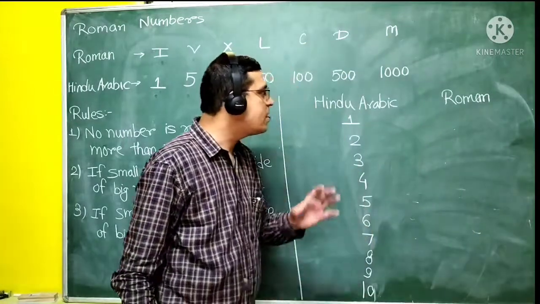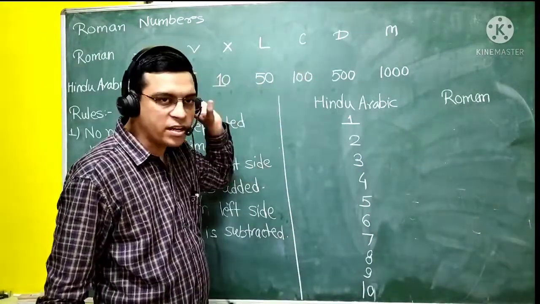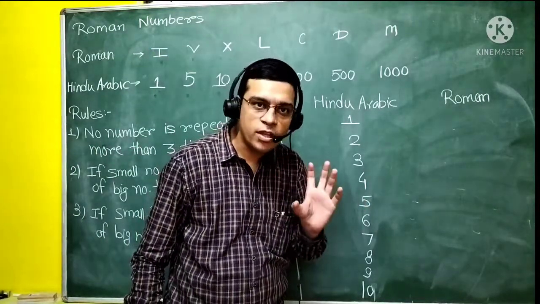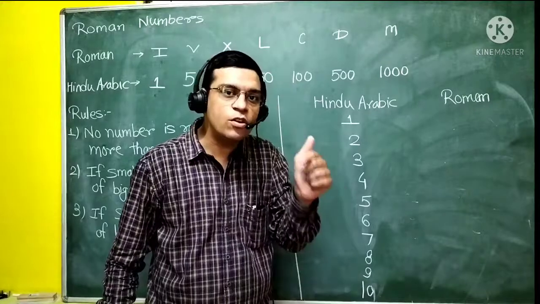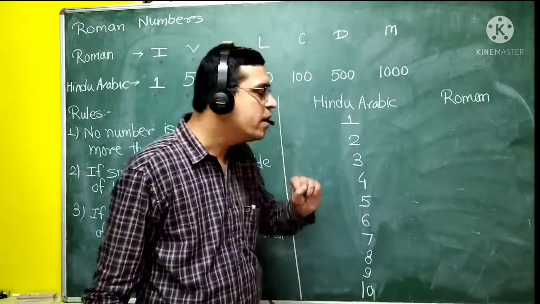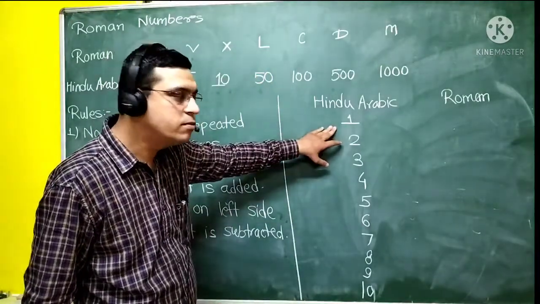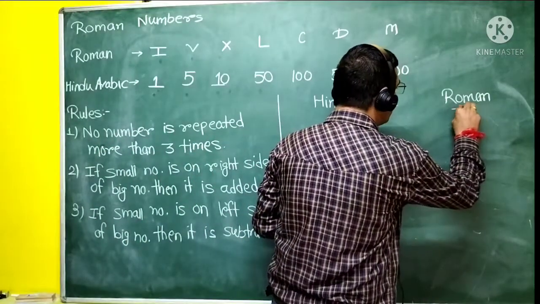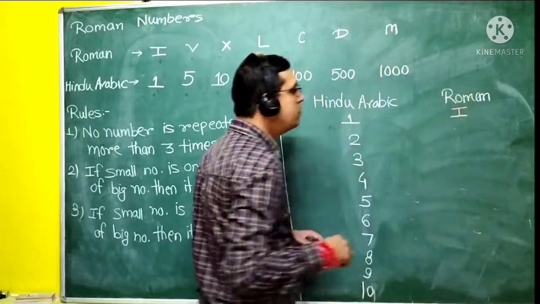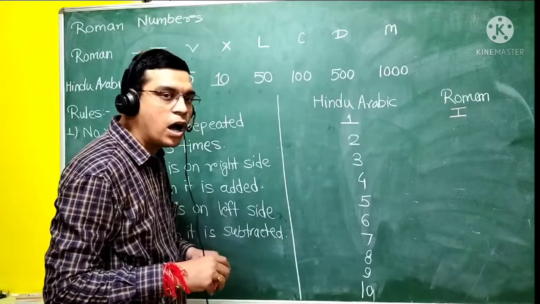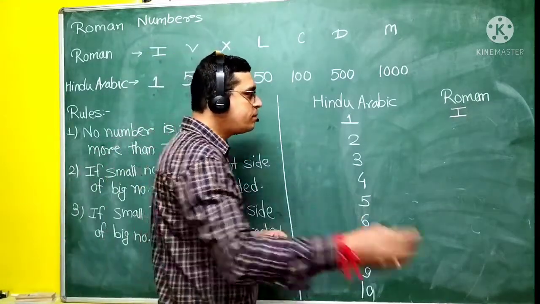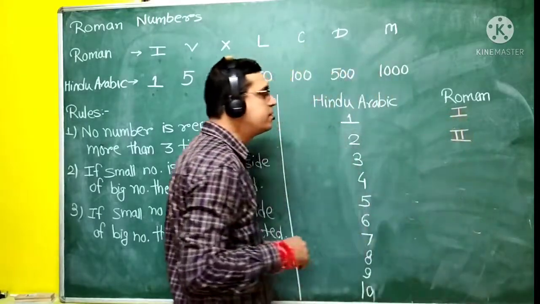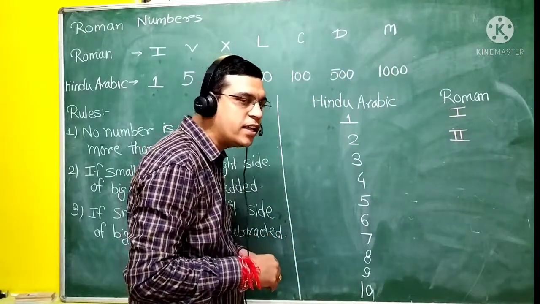So let's start from the very beginning. एकदम 1 से start करते हैं. 1 से क्यों? Because रोमन नंबर में 0 नहीं होता है. We cannot write 0 as Roman number. Okay, so I'm starting it with 1. So you know how we write 1? Just one line. That is 1. Now how I'm going to write a 2? I can write 2 as 2 straight lines. How I am going to write 3 then?